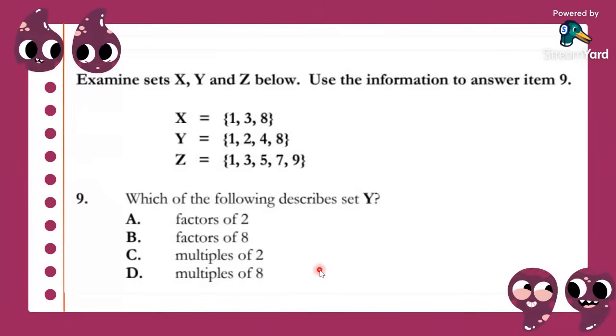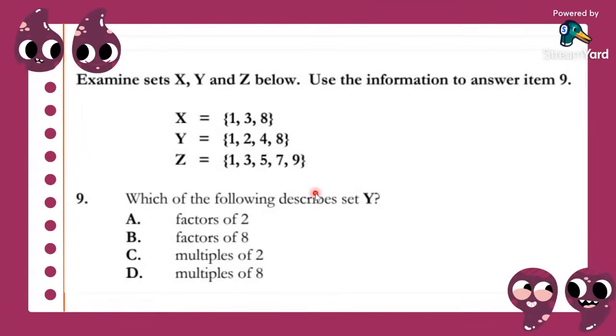What are multiples? So I'm looking for that. Shamel is saying multiples are numbers that can go into. I'm looking for another one. Okay. Iconic says multiples are the product. So when you multiply some numbers, like Cookie is saying, you get multiples. Okay. Multiples are numbers without leaving a remainder. Let's think about that response. Multiples are the products. We can think about it like that. So set Y has 1, 2, 4, 8.